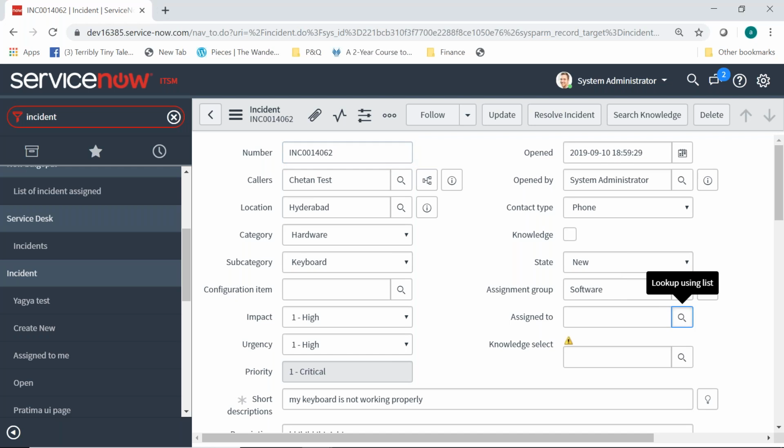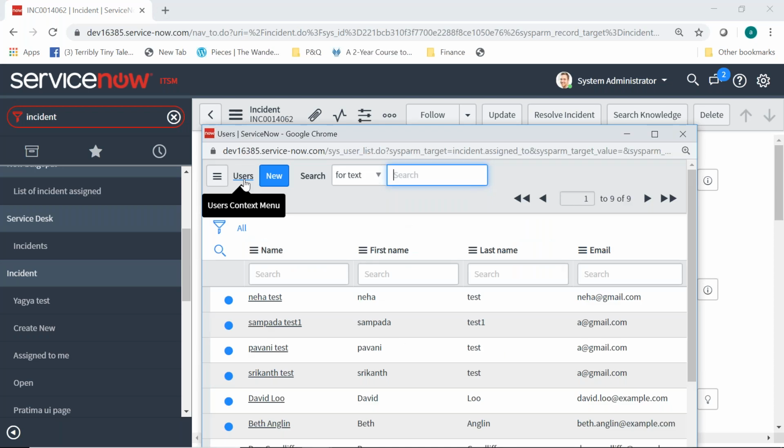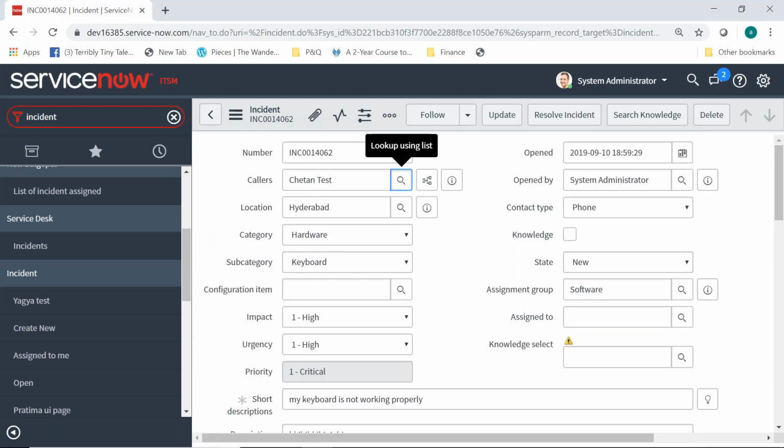How many records does it show? It shows you 9 users in here, but if I compare it with here, here also it was pulling the data from the user table. It was showing you 805. Why did that change? Why in assigned to is it only showing 9 of the users? What can you think about?